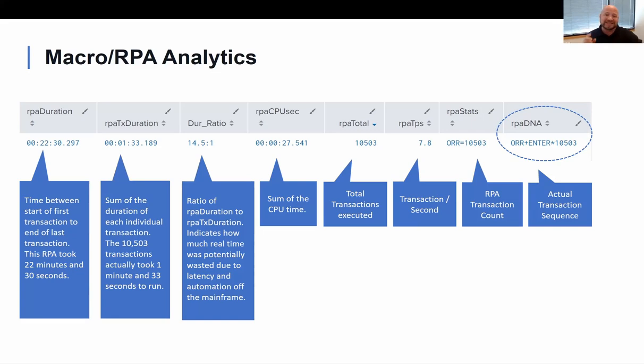There was an Excel macro in a spreadsheet distributed through every office, and it was the macro that determines if an order is completed. And you know how it did this? It pressed enter every 100 milliseconds until a message came up on the BMS screen. So that's 27 seconds of CPU time based off of the enter key waiting for a message. This is a suboptimal integration, a poorly written macro.